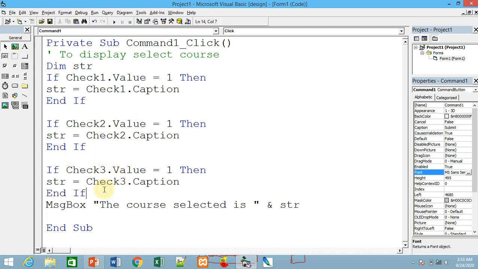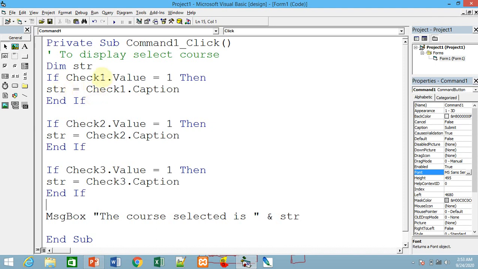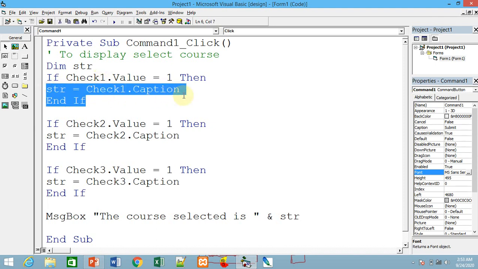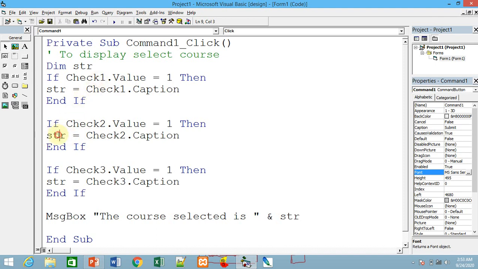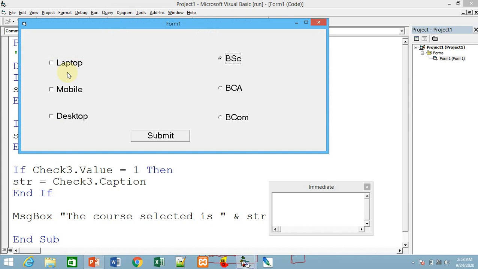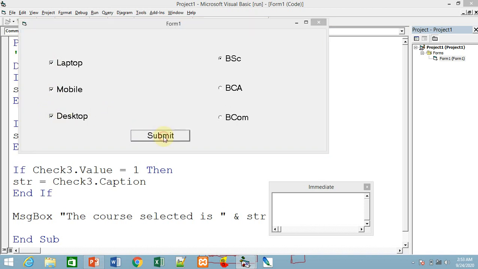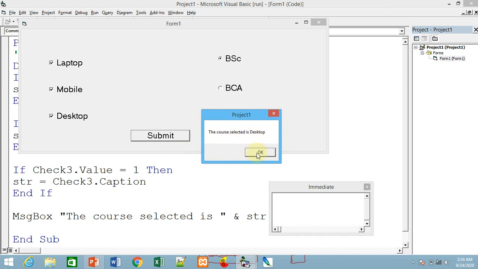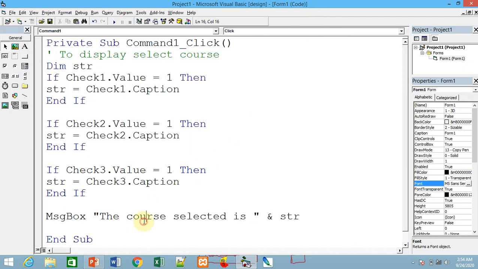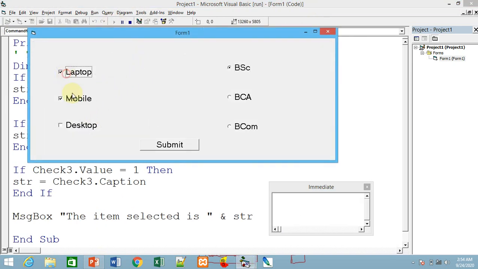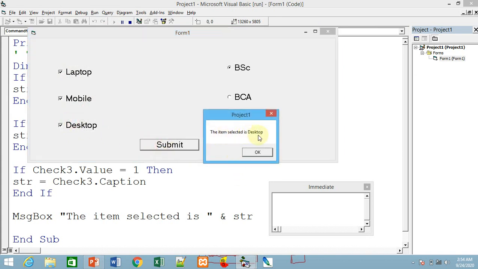But here there is one logical error. If you have selected the first one, of course str equals check1.caption, say laptop, that will do. Suppose you have selected check1 and check2, then the str value should be this one and this one. You can run it so that the logical error will be easily detected. Suppose I have selected all three, and if you click on the submit button, it will show the item selected is desktop.